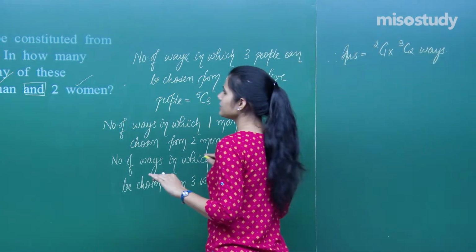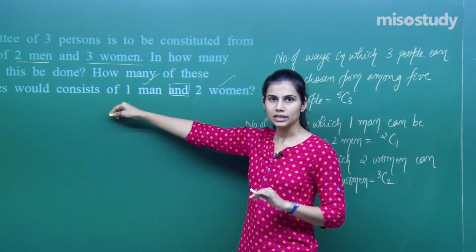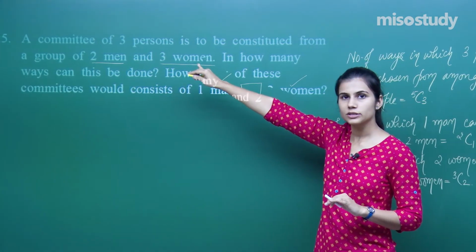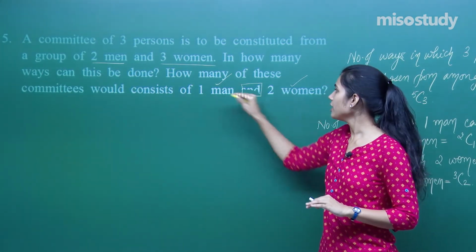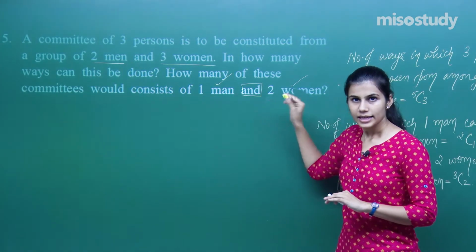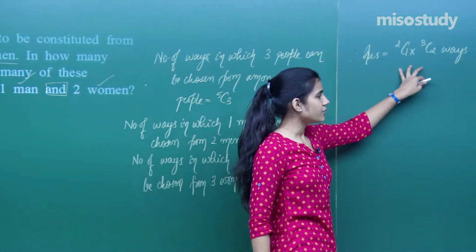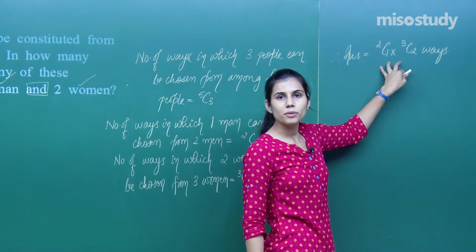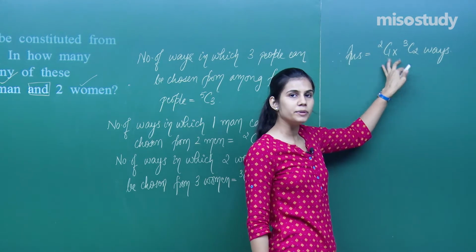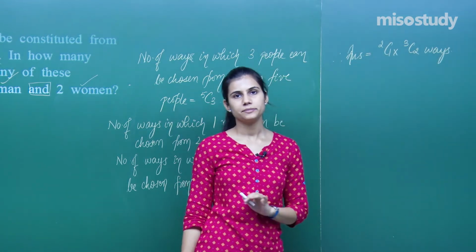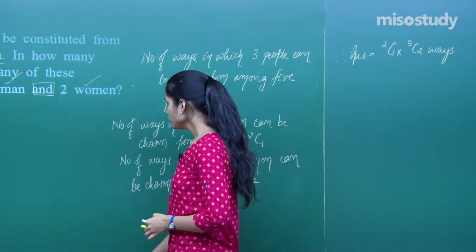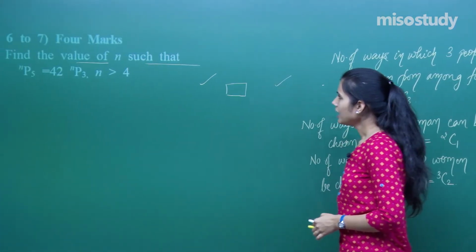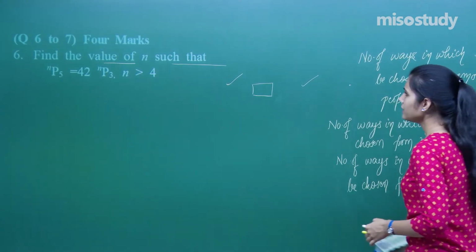So the number of ways in which a committee of 3 persons would necessarily consist of 1 man and 2 women is these many ways. In these many ways, you can form a committee of 3 persons in which there would be exactly 1 man and 2 women. Clear? Moving to the next question, we have, find the value of n such that nP5 equals 42 nP3,